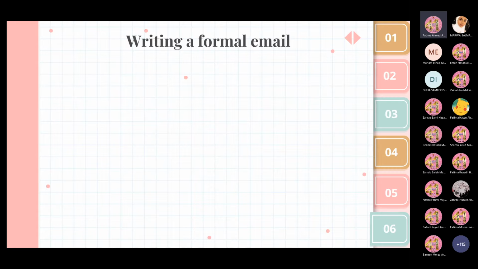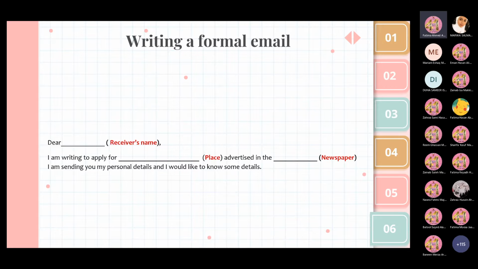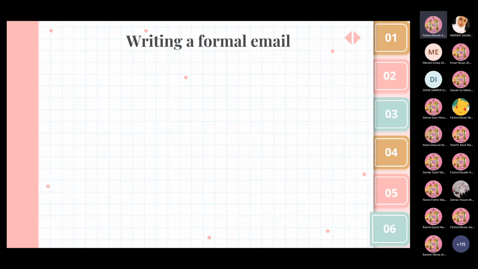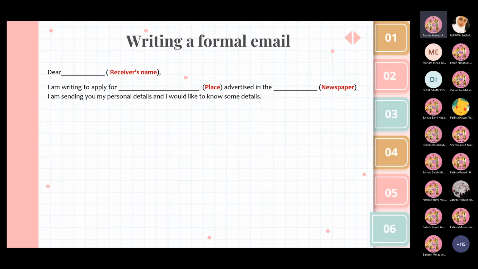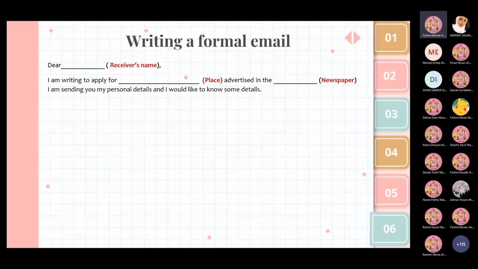It's Fatima Ahmed Khiyami from 2 Uni 1B, and today, inshallah, I'll be taking a part of this revision meeting to memorize with you how to write a formal email. So, without further ado, let's start. As we all know, a formal email is typically sent to someone we don't know well or to someone in authority using a formal language, which is exactly the opposite of the informal email. Here, as shown in the slide, we've got a part of the layout, and this layout will surely help you a lot, and it's better to stick to.